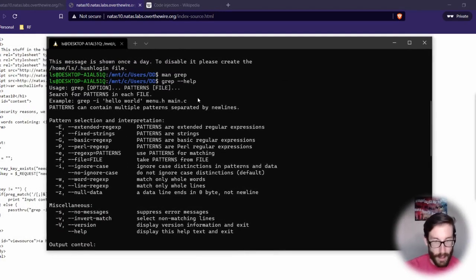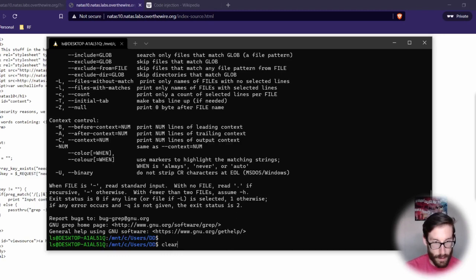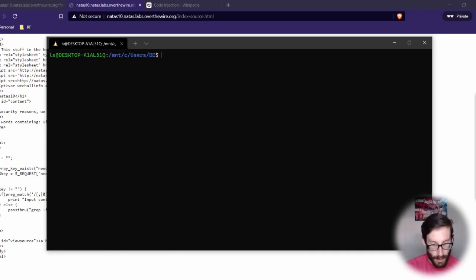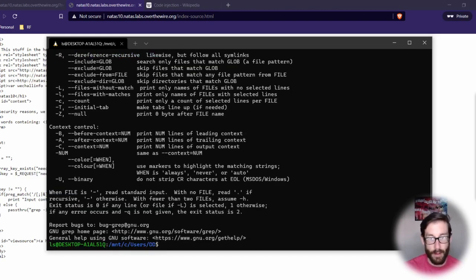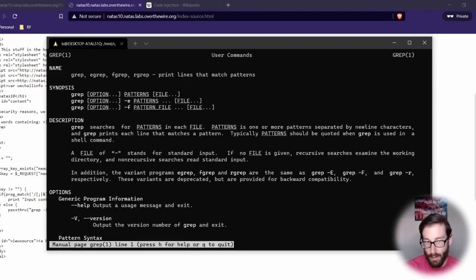So let me clear this out. Let's do a clear. And then what I did is I jumped in here and I wanted to say, okay, what does grep specifically mean? So if you type in the help for grep, or you can even just type in man grep, it's going to give you the manual, or you can go to the help section. Either way, it doesn't really matter. If you go to the top here, you can see specifically at the top, it states that this prints lines that match patterns. The important piece here is patterns.